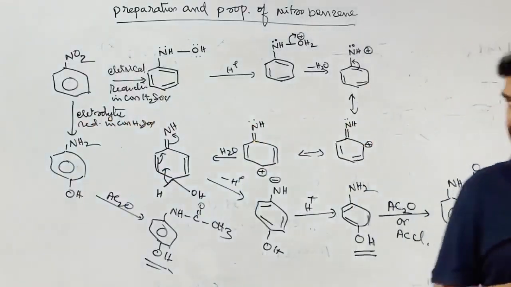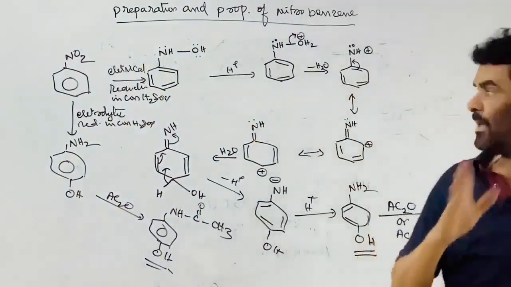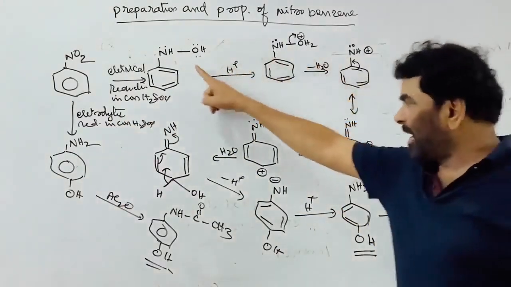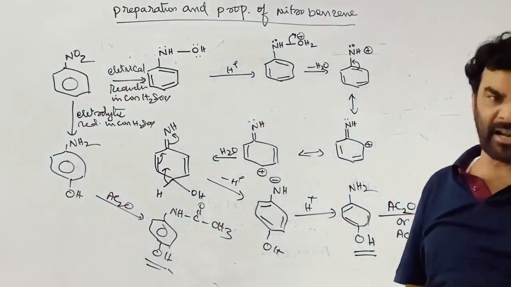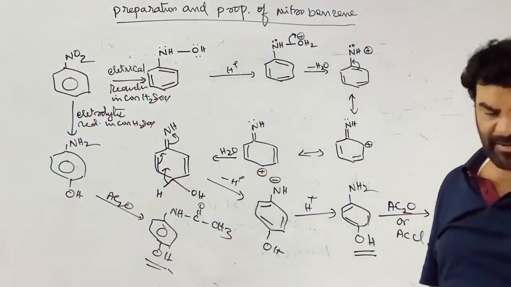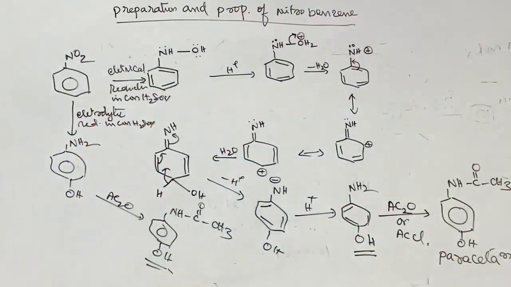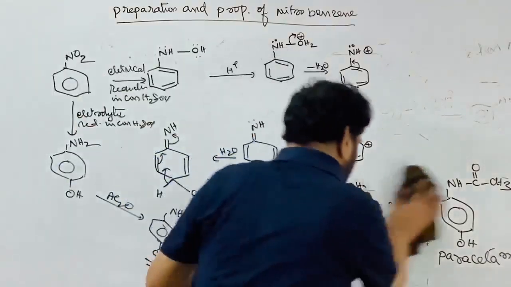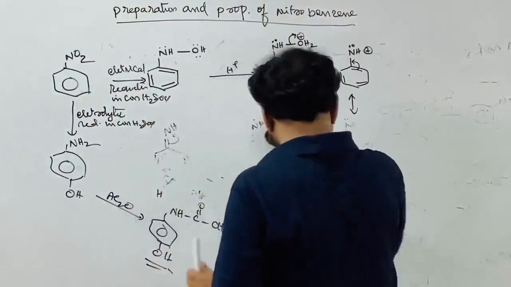See, simple method. So it is phenyl hydroxylamine, which is formed as an intermediate during the reduction of nitrobenzene, that undergoes the rearrangement in the presence of concentrated acid to give para-aminophenol, the product of the reaction. The next one is these are the reduction products of the nitro group.